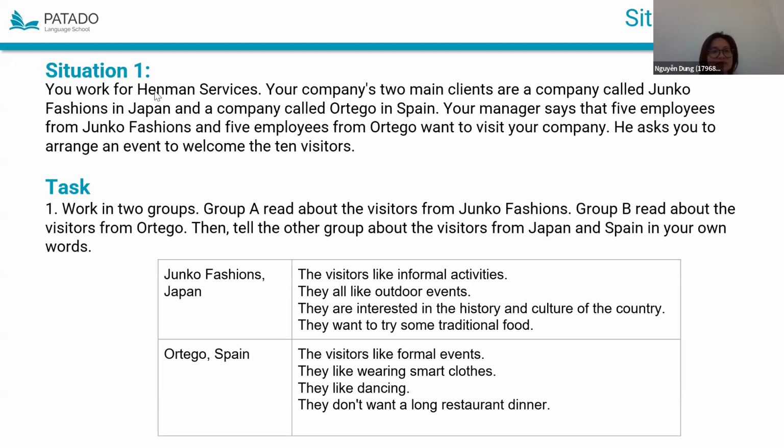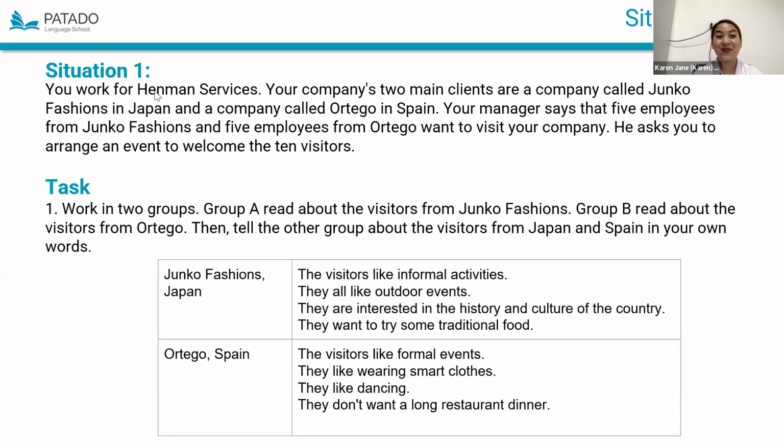During our dinner, they don't want a long restaurant dinner, so that's why we can mix their activity and the dinner, and so that's why the people can talk to each other for business.